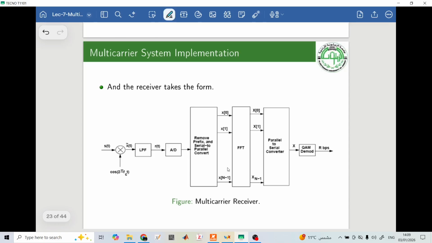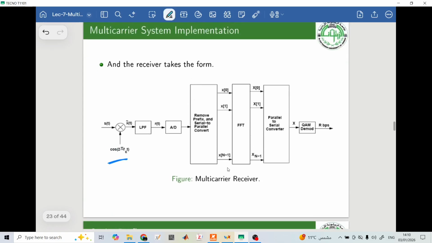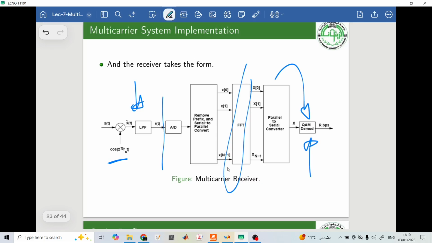At the receiver, we perform the inverse, right? We demodulate them here. Of course, when we do demodulation, we are producing high frequency content, so we need to use a low pass filter. Then we convert them into digital signals, convert them from serial to parallel, take the FFT, which is the inverse of the inverse FFT, and then convert them from parallel to serial, do the demodulation on each symbol alone,